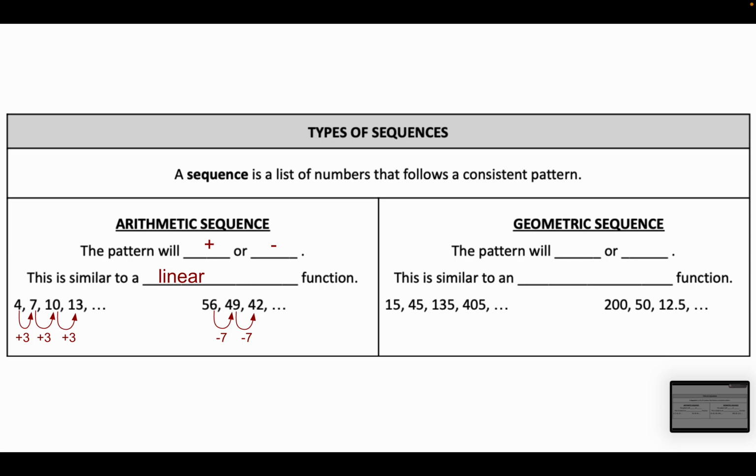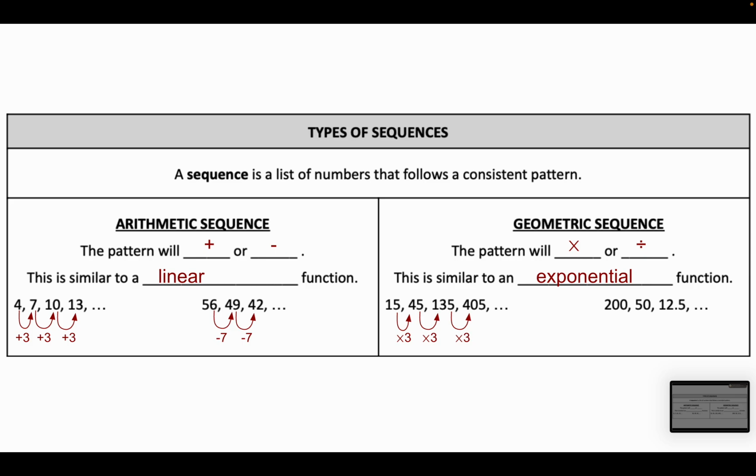Okay, so if an arithmetic sequence is adding and subtracting, a geometric sequence is going to be multiplying and dividing. So for that reason, geometric sequences end up being very similar to exponential functions. And so you can see here we have two examples of geometric sequences. The first sequence, 15, 45, 135, 405. You can see that 15 times 3 is 45, and then 45 times 3 is 135, and 135 times